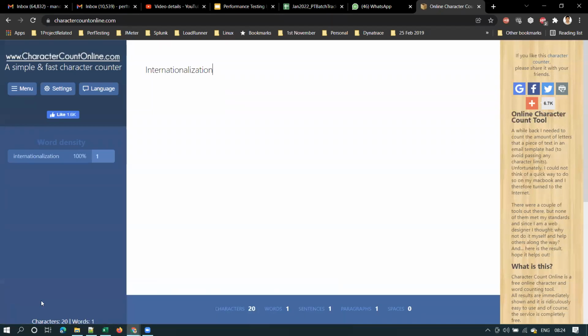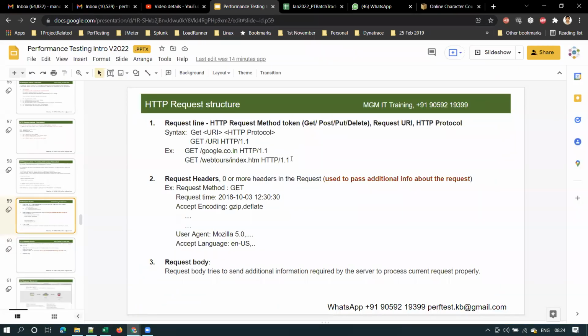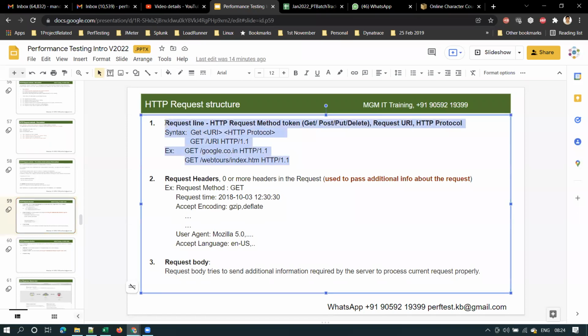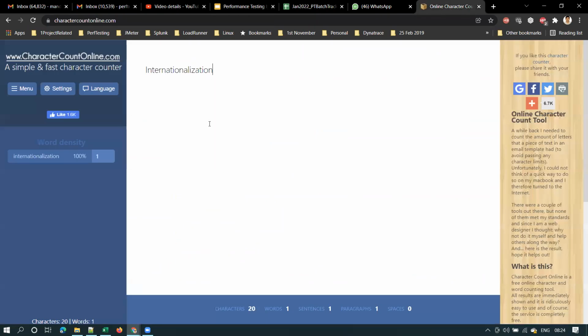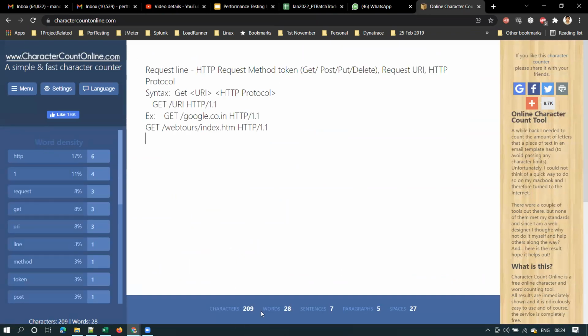Let me copy this into this website. See here, it is showing 209 characters, 28 words, 7 sentences, 5 paragraphs, 27 spaces. Within a fraction of a second, you are getting this information, isn't it? Charactercountonline.com. I Google searched for character count online. Now, clear, guys, what does this website do?